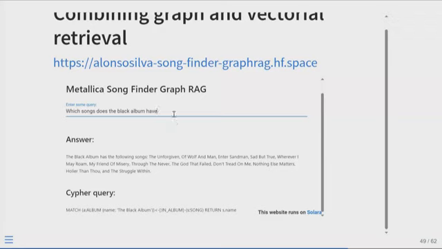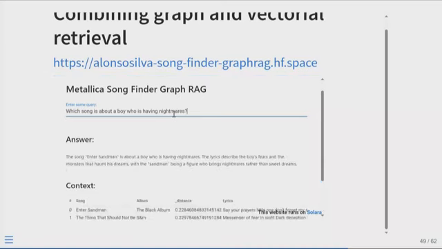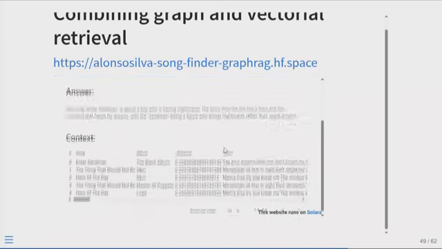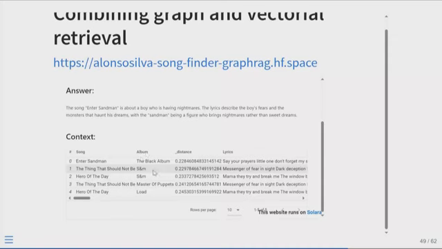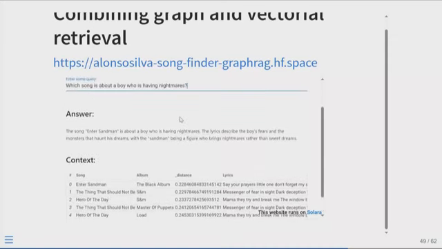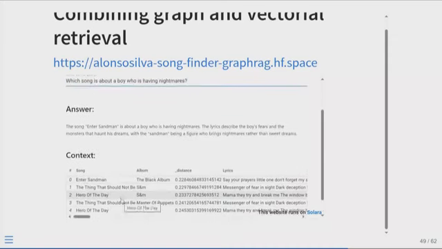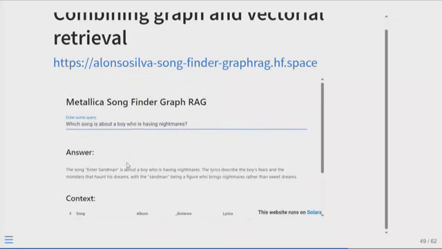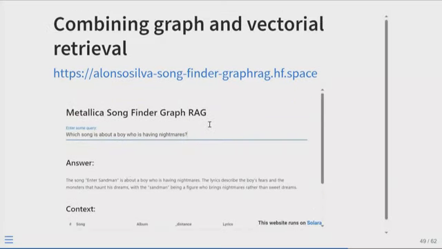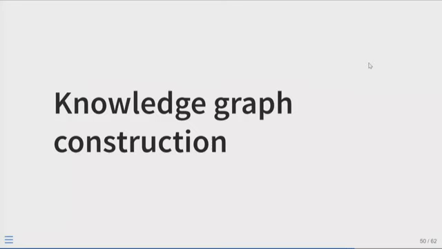do the same with a query which is related to the content, and here is the content, and here it gets the answer, and here's the context that it looked at. So you see the question is in the context. So this works fine. And I think the other thing is okay, but the albums is a very simple example